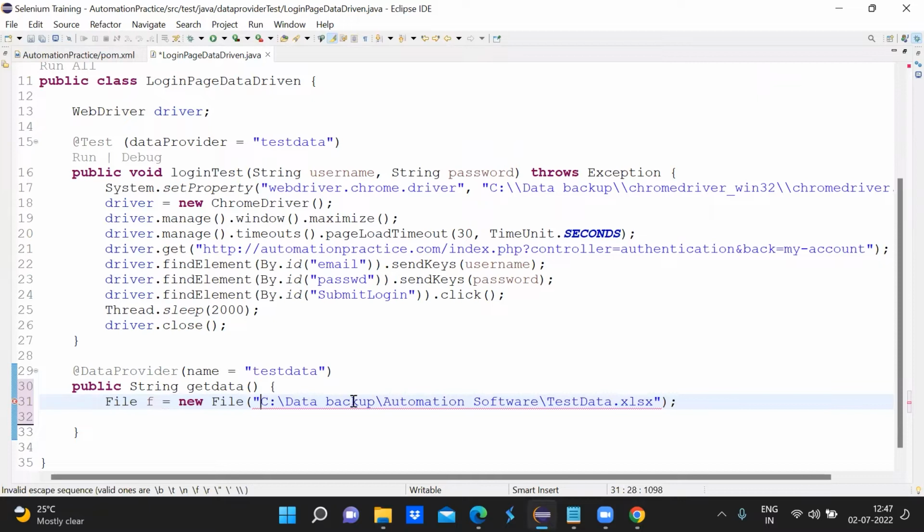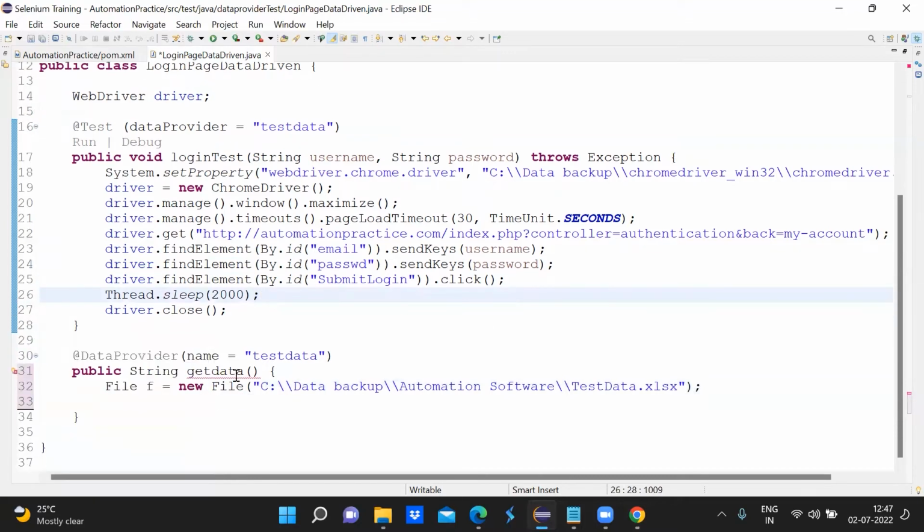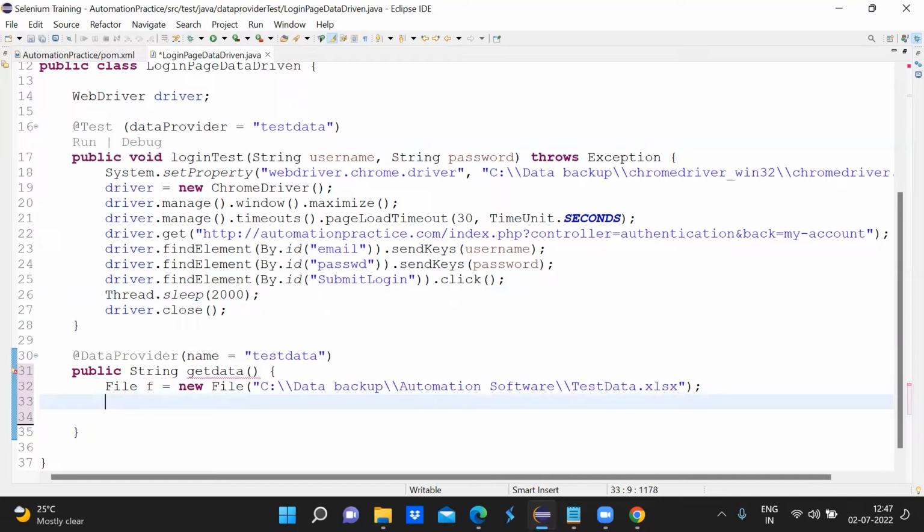And then what it is saying, I will have to add 2 backward slashes, and then File has to be imported from where? java.io, right, guys? Yes. And now we use file input stream to read data from the file, right? Remember we have used file input stream. Yes. So we will create the object of file input stream,